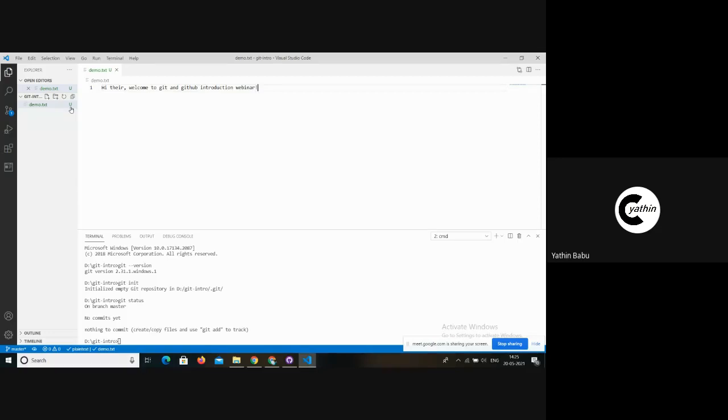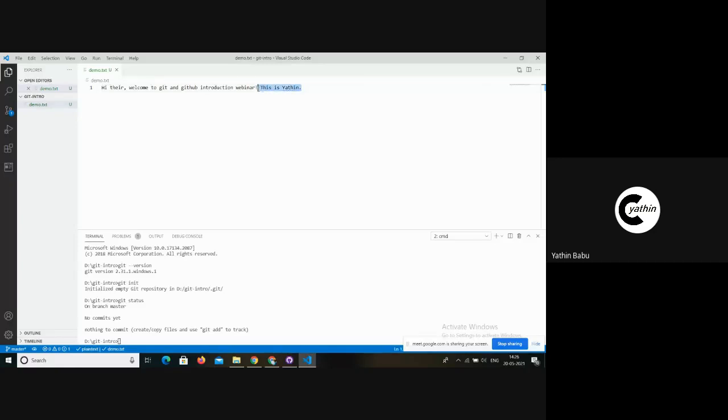What untracked means is, let me just make another change. I just added another line, and the Git repository is not able to recognize this change, and we won't be able to revert to our initial state through Git.